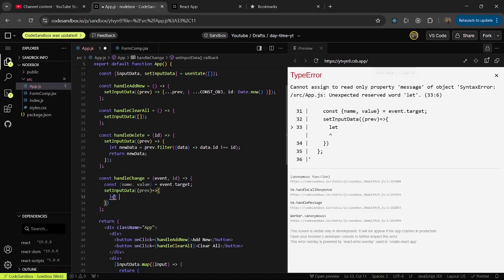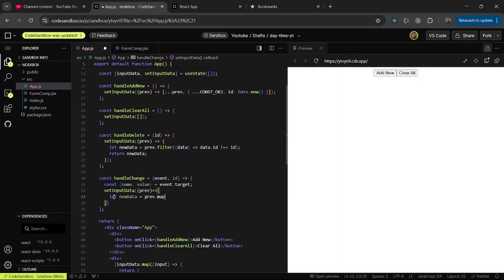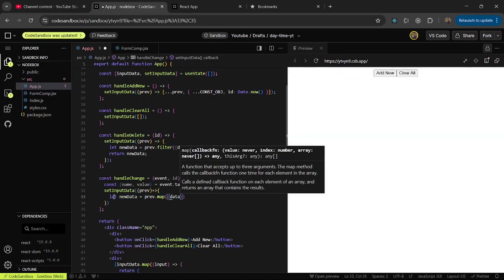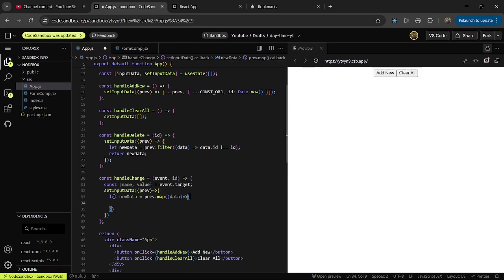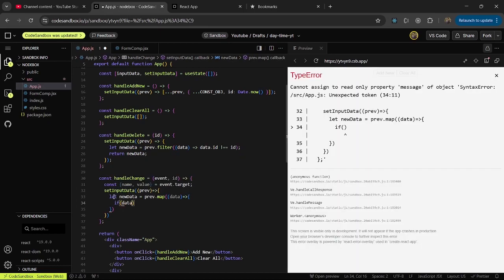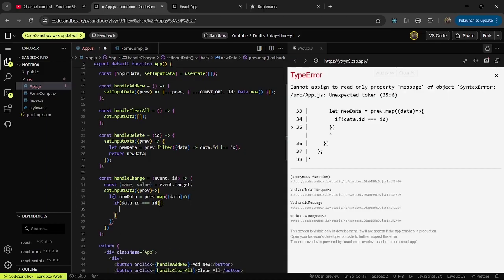So I will have a new data variable. So it will be the previous state dot map. I will map through all the elements, and what we will have, we will have data in it, right? So for each data, what I will do, if data.id is matching with the id we are getting from the argument, I will just return